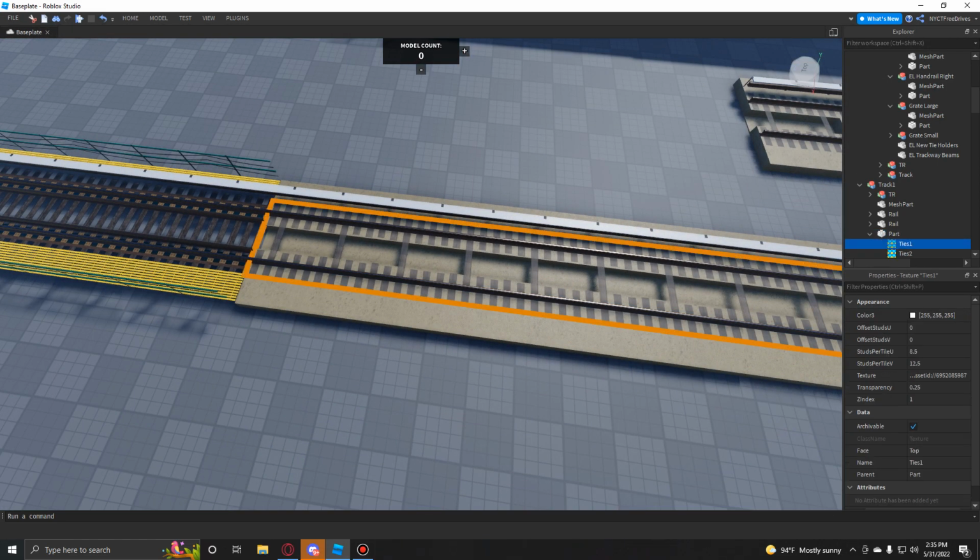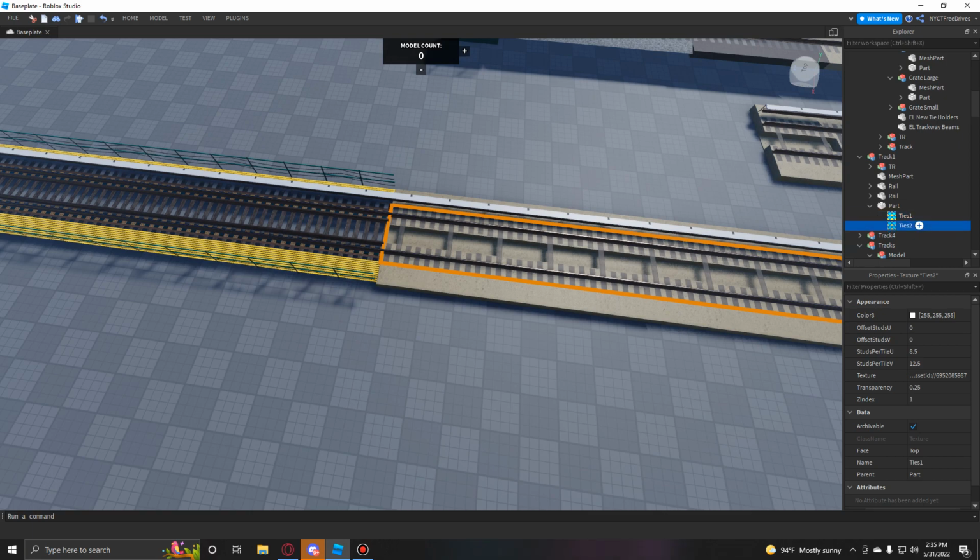On the underground rail, there's ties 1 and ties 2. Ties 2 is transparent, which is why you can't see it. When the release comes around, it won't be, but just keep that in mind. Ties 1, you can see that every 4 or 5 ties goes fully throughout the rail. So it's a full piece of wood instead of just one that's cut. On ties 2, on the other hand,